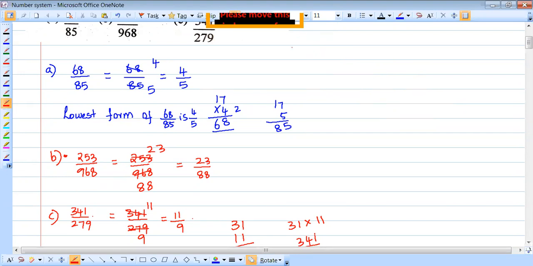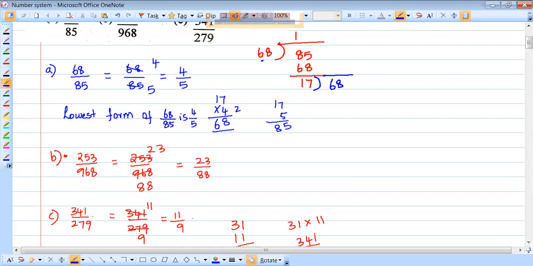Sorry for the inconvenience. Now, first write the big number, 85, inside and the small number outside. 1 time 68. What is the remainder? Please say. We will now get 17. What we have to do next? Take the 68 inside. The 68 has come to this place, and the remainder 17 has become your divisor now.